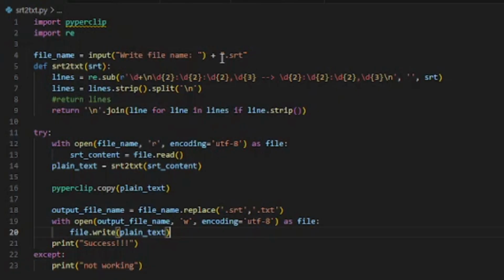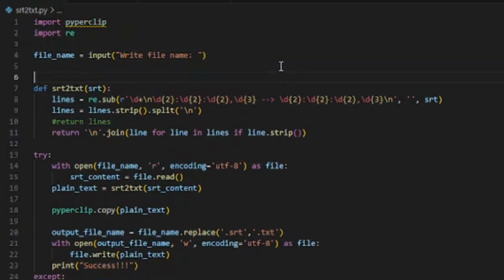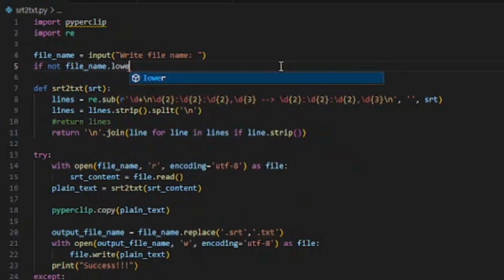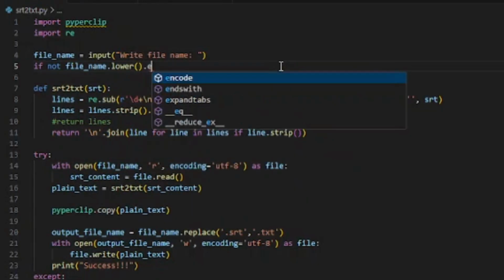And here I can show you another thing. Sometimes you might not know whether you should end with SRT or not. In that case, as I'm putting it on my GitHub, somebody might just save it without the extension and it's not going to work. So instead of this I can write that if not file name dot lower dot ends with